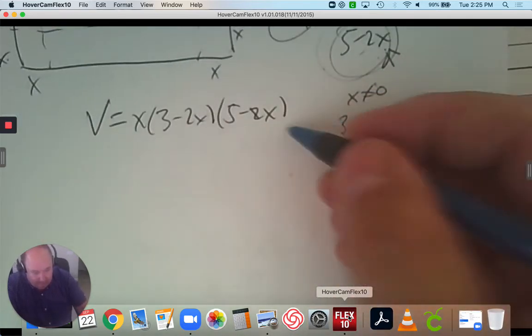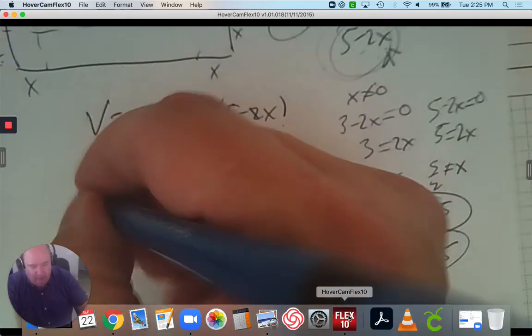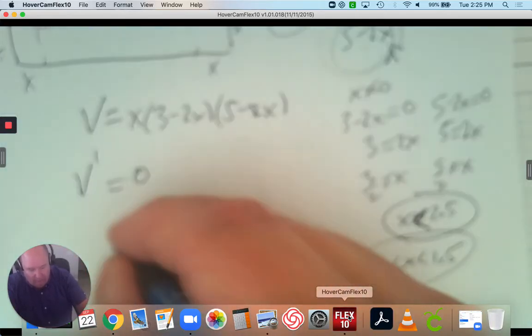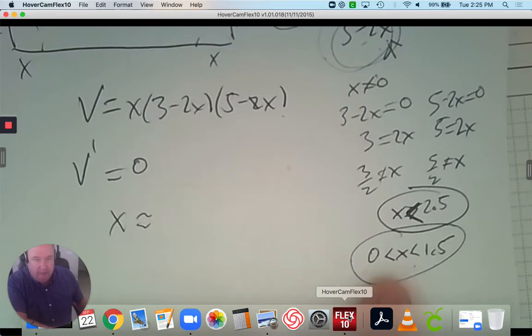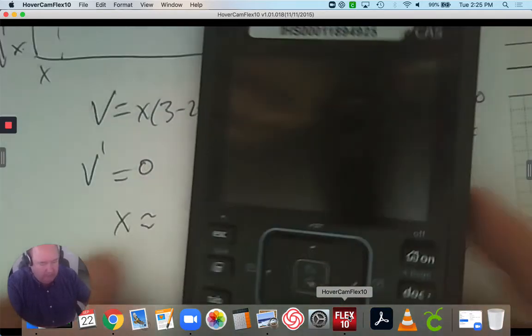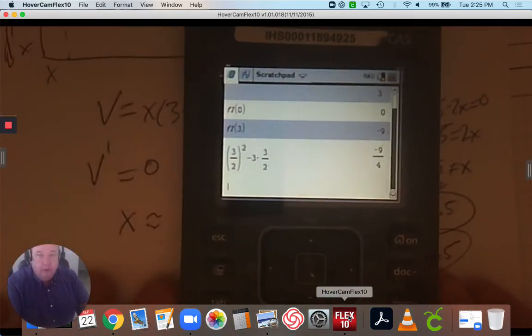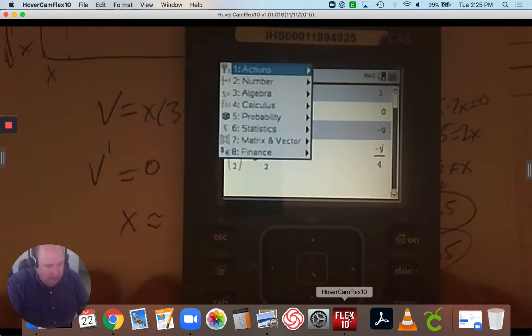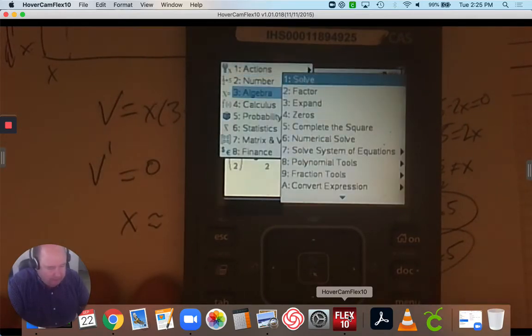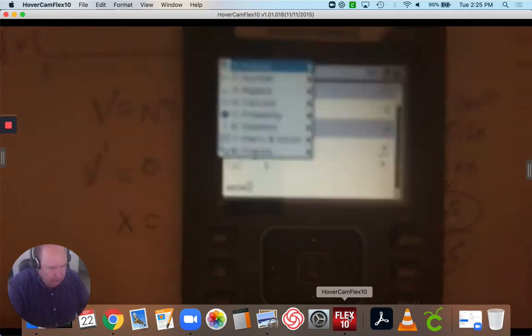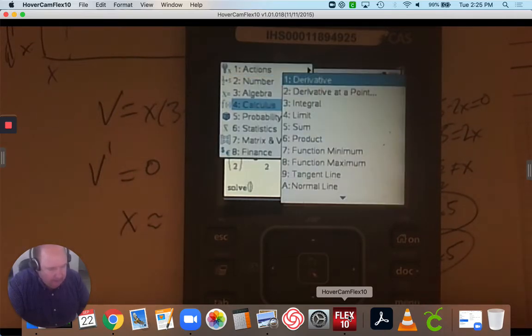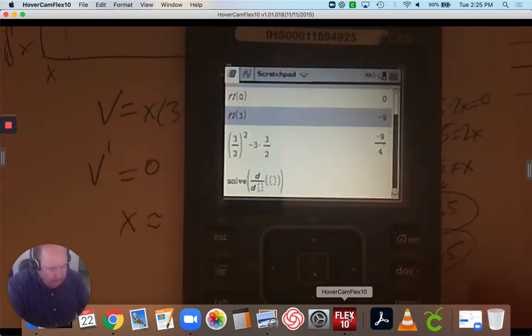All right. So here's our equation, and what I want to do is take the derivative equal to 0 and solve for x. So I'm just going to do that and show that to you. And if there's multiple answers, we've got to pick the one between 0 and 1.5. So let me show that. So in your calculator, you're going to go Menu, Algebra and Solve. So you're going to solve an equation. You're going to press Derivative. So you're going to go Menu, Calculus, and just the derivative, x, and then you're just going to type